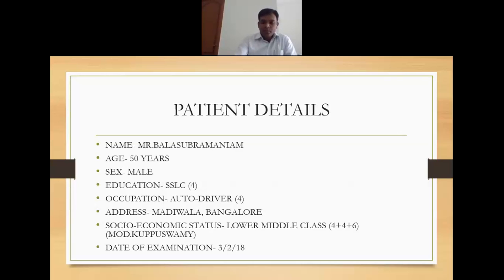Then annual income and all you mentioned. If you got the information, you can mention it. Otherwise, it's really not essential for a clinical case presentation to mention annual income and modified Kuppuswamy. Modified Kuppuswamy classification deals with occupation and his average lifestyle. So approximately you can tell, but no need to tell the examiner.